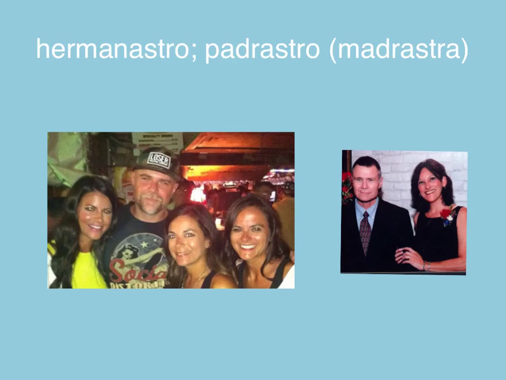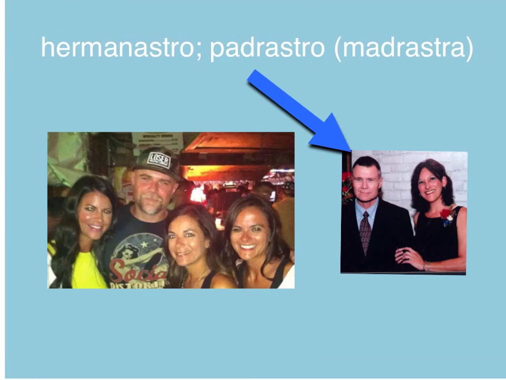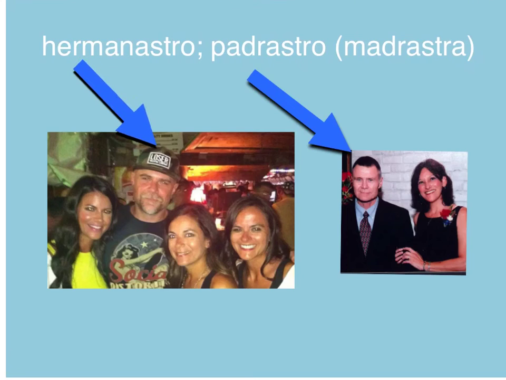If you notice on the slide with my family, I had drawn an X between my mom and my dad because my parents are not married. My mother did remarry, and this is my padrastro. He is my stepfather. He has one son, and that son would be considered my hermanastro, or my stepbrother. Sadly, my padrastro died a few years ago. I also put madrastra in parentheses because that would be the word for stepmother. And as we have been doing with a lot of the family words, if we change the O to an A in this word, it would be your stepsister.